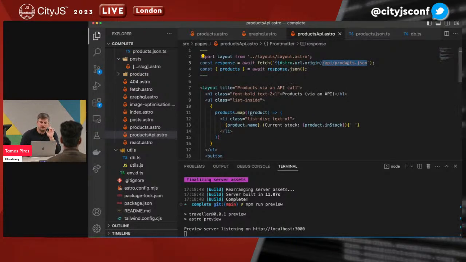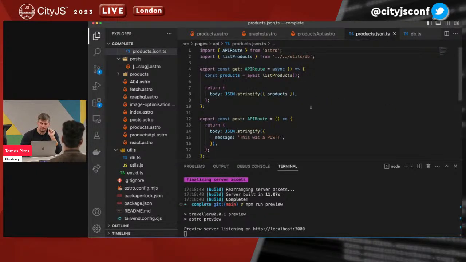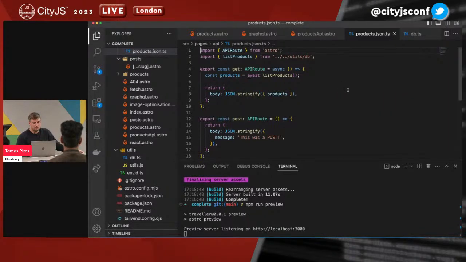So DB, let me fix that. DB pretends to be the database that shows you all the products and has the function to purchase a product. Products.json.ts exports two functions, a get and a post, which means that I can send HTTP get and HTTP post requests to this